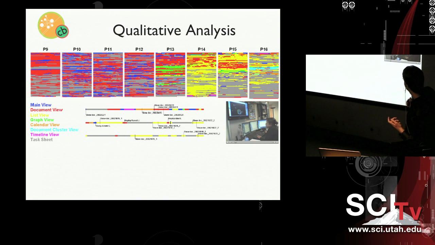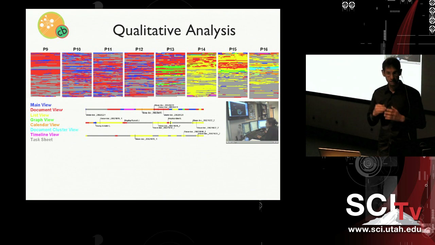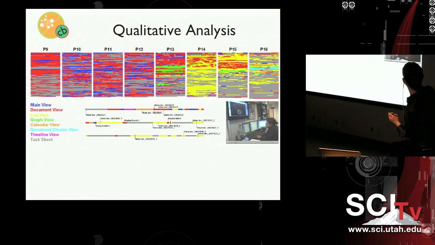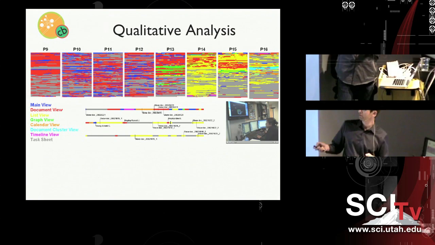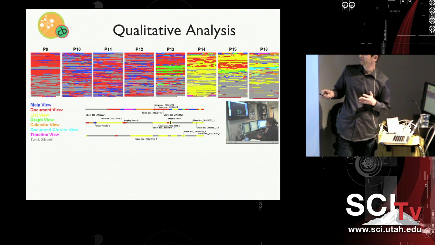In the full Jigsaw setting, it's really interesting to see that participants had favorable views. For example, P14, mostly yellow, indicating that he was doing most of the analysis just with the list view. Other participants were more flexible and were using the views in a synchronized way, as we anticipated. For example, P13 was using a lot of the document view, but also the graph view, the calendar view,